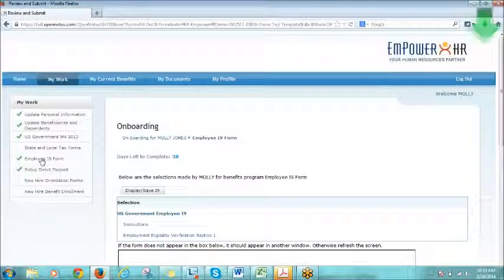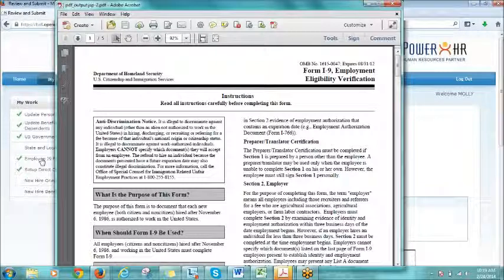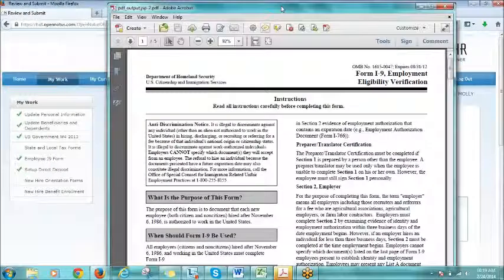How are local tax forms handled? I'm sorry, what was that? How are local tax forms handled? Yeah, so once the employee fills out the update personal information section and they pre-populate their address and their zip code, it will then pull up the correct state forms for them, as well as any of the local tax forms that they would need to